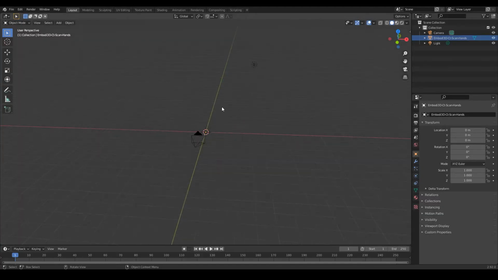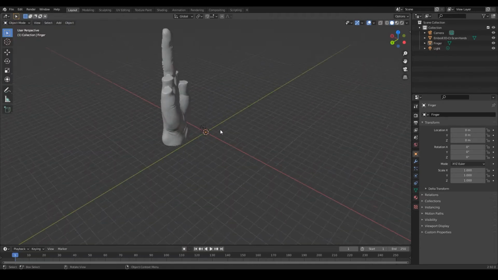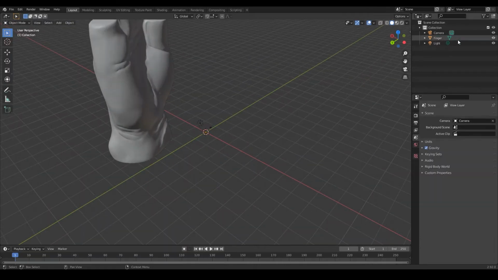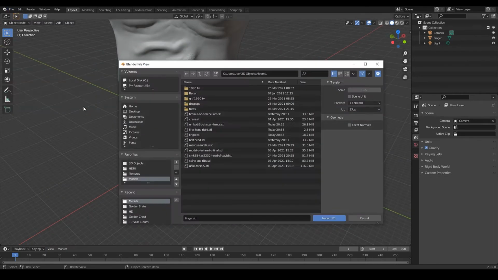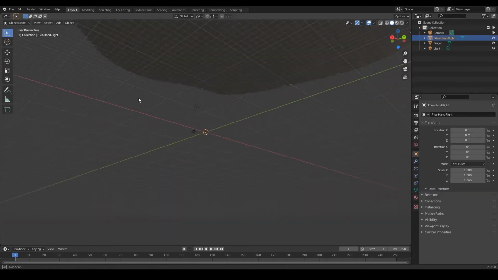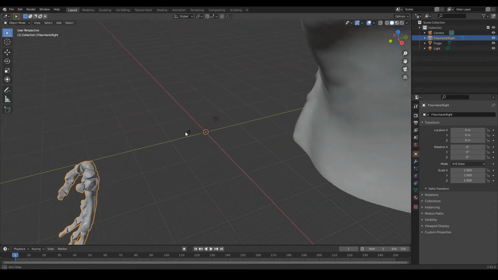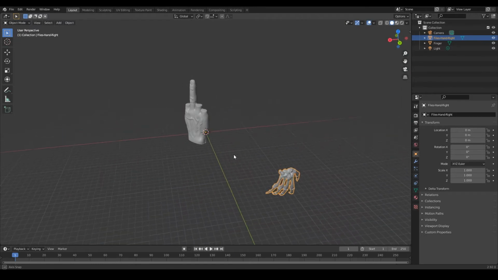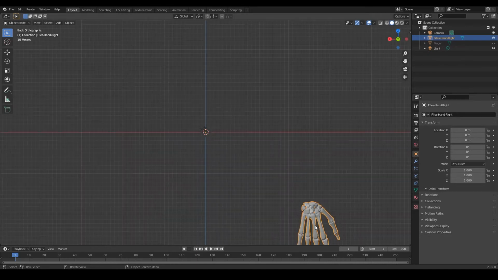I have no idea where that hand is. I don't know where it imported it at. Okay, I found another... Hopefully this one works. Another bone file. The one I'm looking for. I don't know what just happened. File, import. STL. There you go. Why is it upside down like that? That's so weird. Okay. So now what we can do is just kind of get these set up